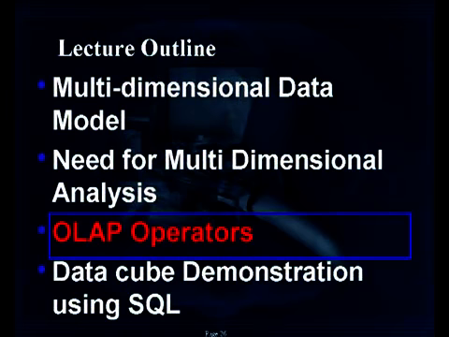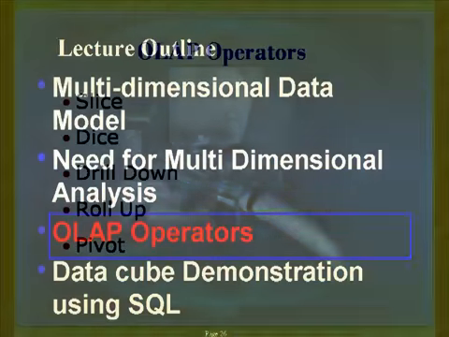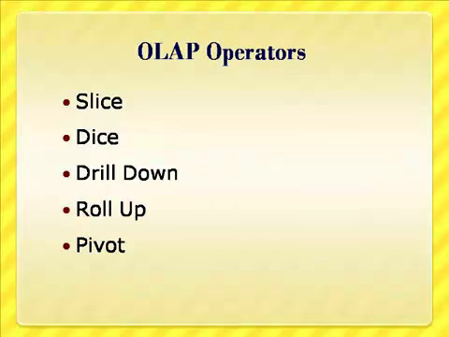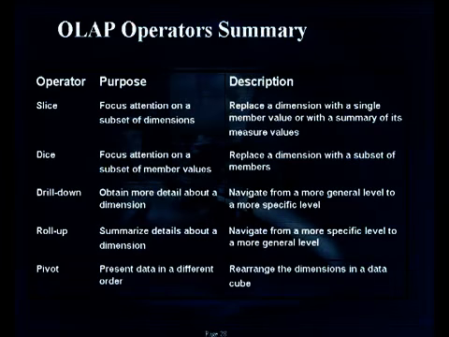OLAP operator. Now we discuss how to manipulate data cube using the OLAP operation. As you know, there are different kinds of OLAP operators in OLAP 2. The summary of all these OLAP operators are shown on the slide. They are slicing, dicing, drill down, roll up or drill up, and then pipe. These 5 operators will provide an easy access and flexibility for the decision maker to navigate the different kinds of aggregation by fixing hierarchy in each dimension. So these operators are very convenient set of operators for the end user.